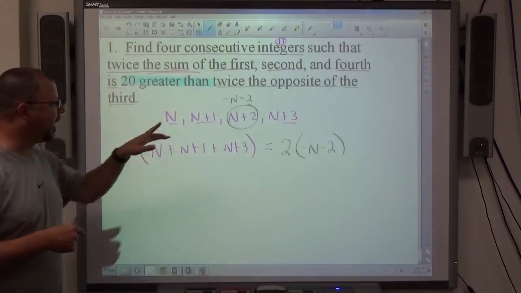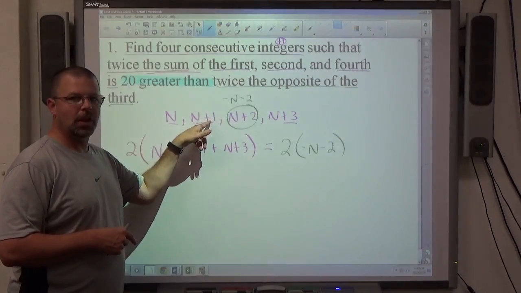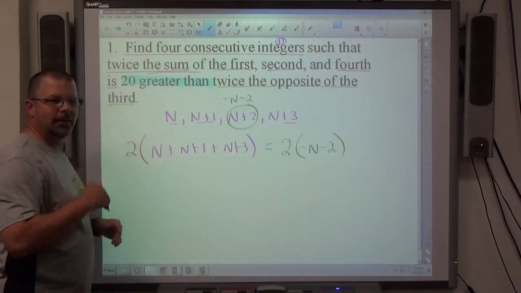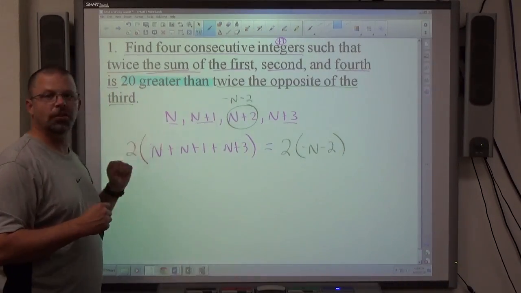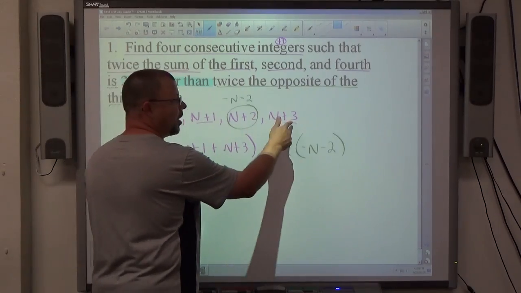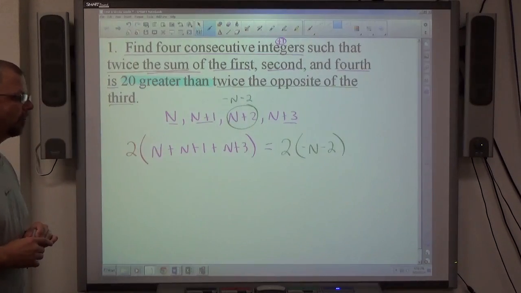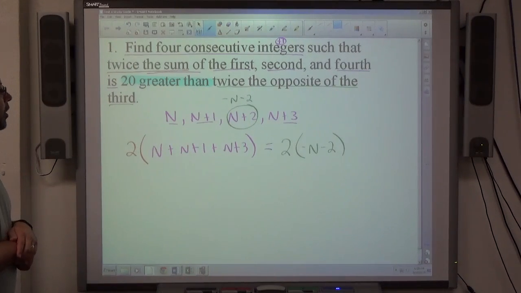When you need to multiply any one of these individual pieces times a number, they're binomials, you have to put parentheses. If I wanted to multiply 2 times n, no parentheses are necessary, because n is just a single object. All 3 of these are represented by multiple objects, so multiplication by any one of those has to be done in parentheses. So create a good equation, and then,